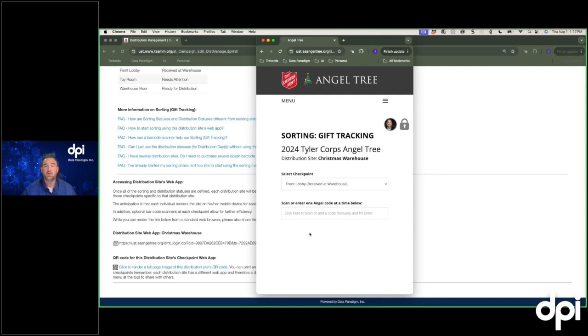And so this is where I have a Bluetooth scanner. I don't have it set up right now on my laptop. Once I have my cursor in this little box, I scan it, and it puts it right in, and I'll show you exactly what that looks like. I also want to show you what this looks like